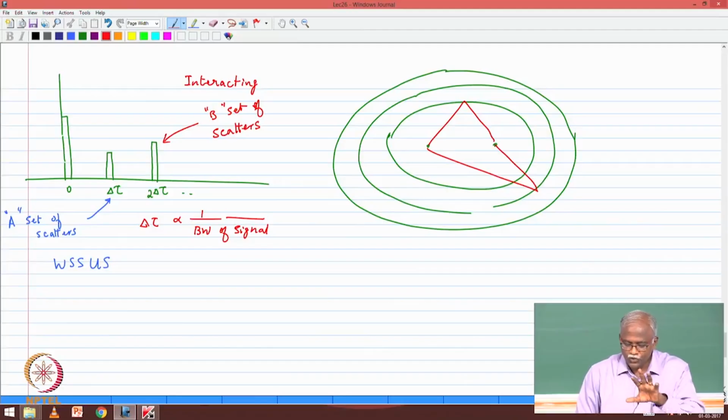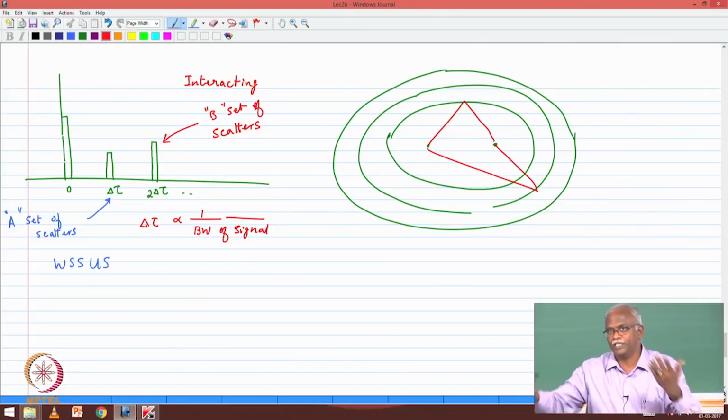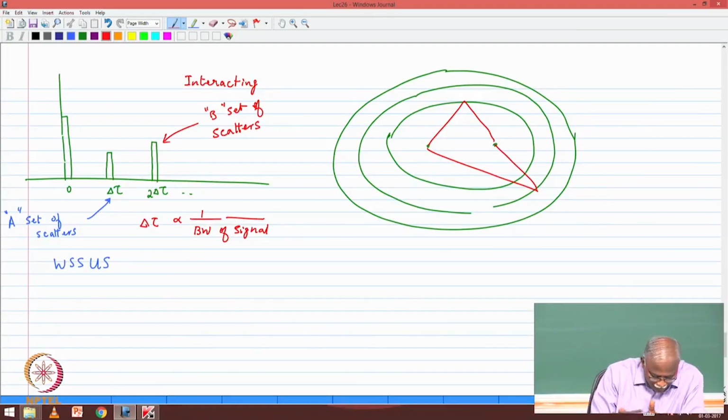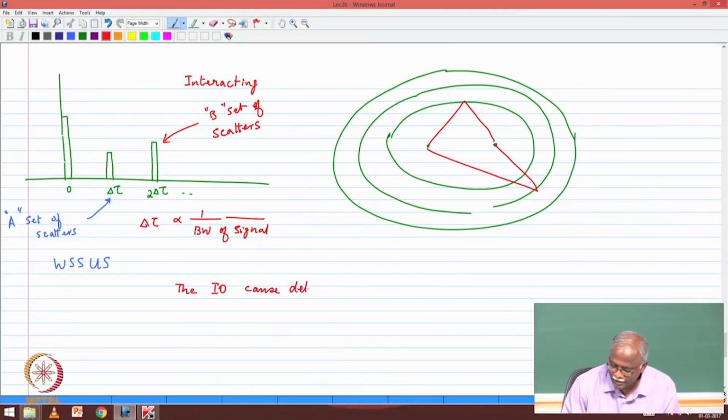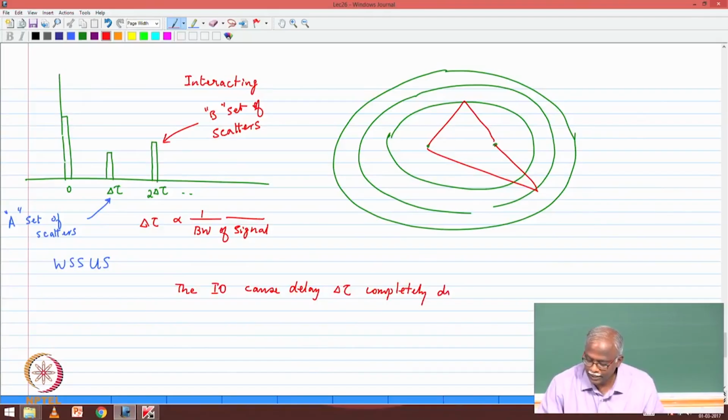Again, there is no correlation or link between where set A is located and where set B is located, except for the distance at which they are located. So, the statement we are making is that the IOs, the interacting objects that cause the delay delta tau, are completely different. It is a non-overlapping set, completely different from the IOs causing the other delays,